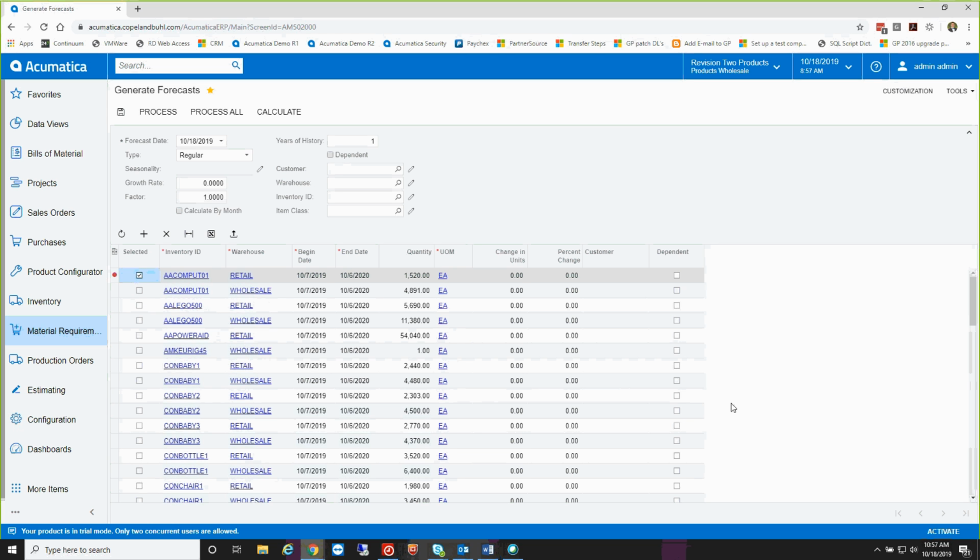You can modify your dates, and you can select the line items you want to include in your generation. You can also include things like change in units or percentage change or growth rate, and it does also support negative change if needed. The other thing is this dependent checkbox over here. By marking a forecast as dependent, that means it'll be consumed off of orders. So if I enter a forecast